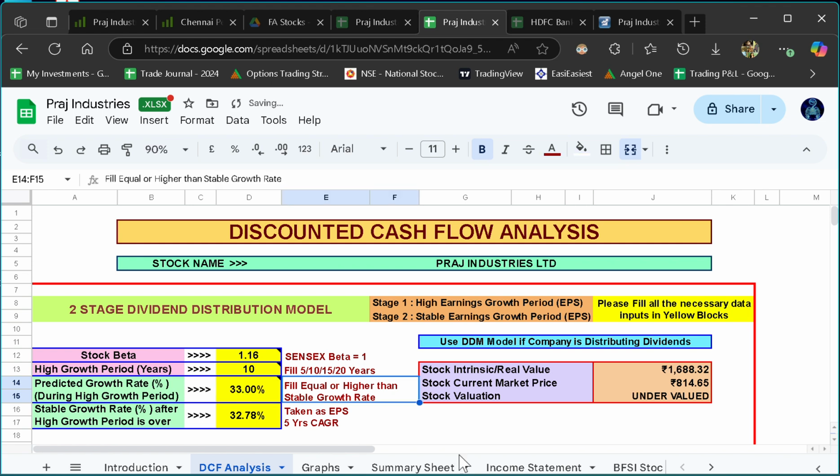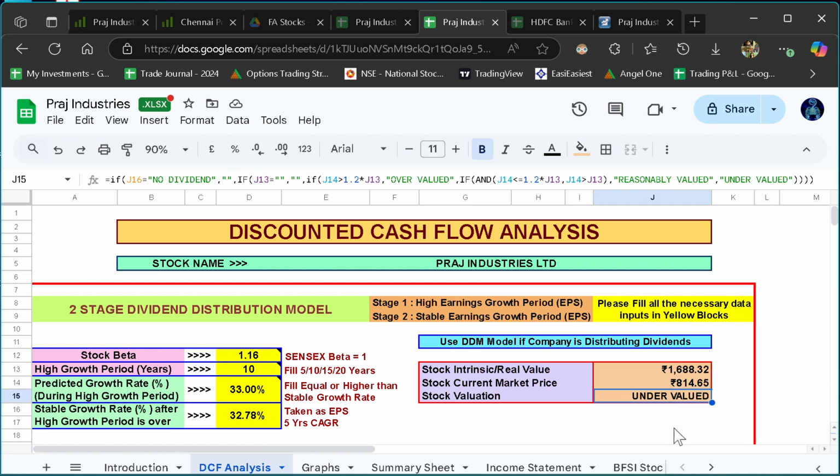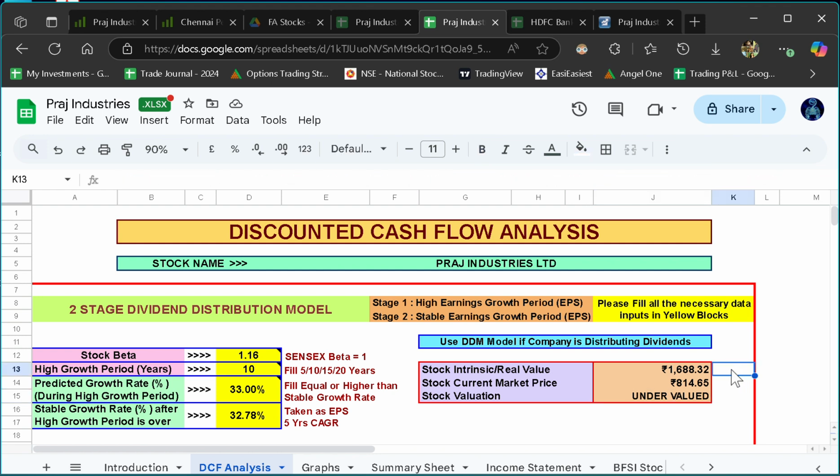Say. So now the stock's intrinsic value will come here as 1688, whereas the current market price of the stock is 814, and hence the stock is undervalued as per the dividend distribution model. If this stock doesn't give dividend, it will come as no dividend. Okay, so you can come down